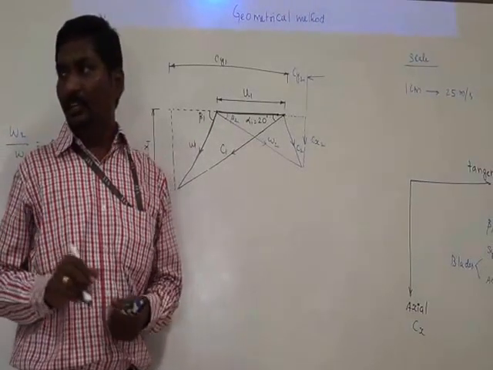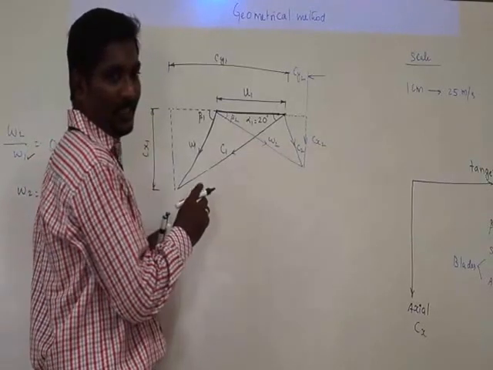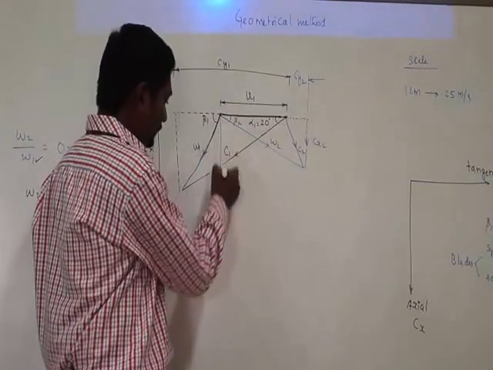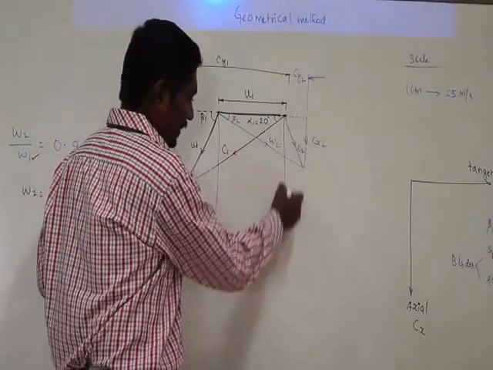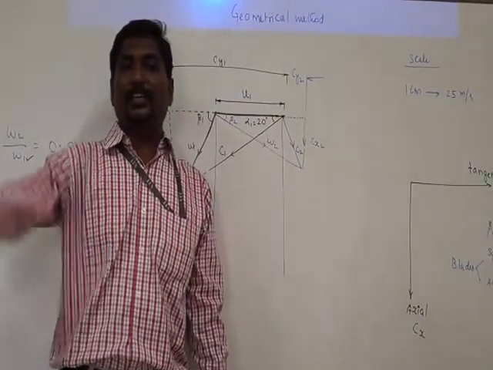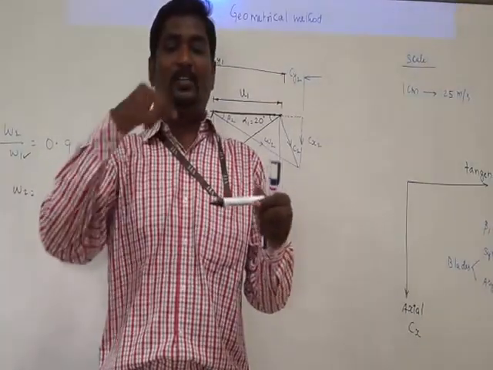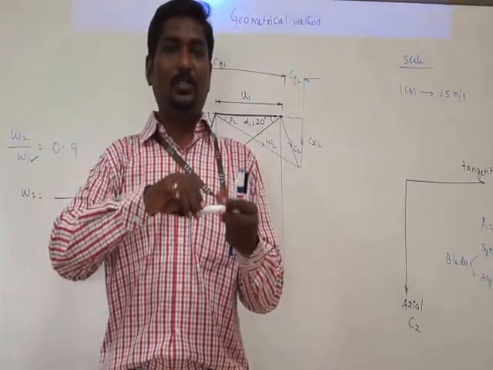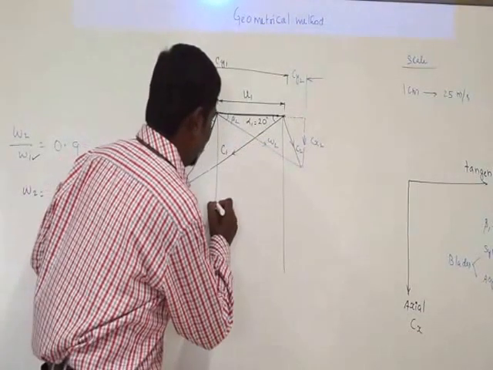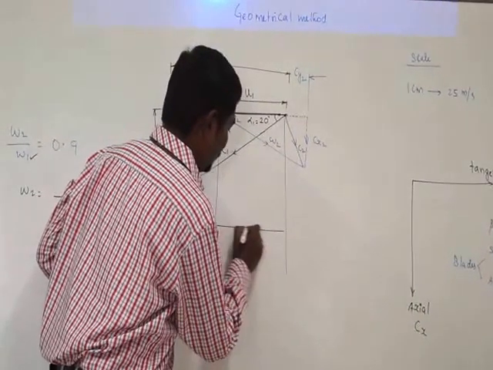Right? If you want to calculate for the second stage, to draw the velocity triangle for the second stage, from here you project vertically 2 lines. Right? Because your blade velocity is going to be constant throughout. Because in the case of your impulse turbine, we are going to have common shaft. All the blade rows are mounted on a single shaft. So we are going to have same blade velocity everywhere. Blade velocity is constant. I am going to draw for the second row of the moving blade.